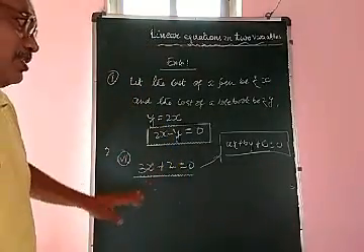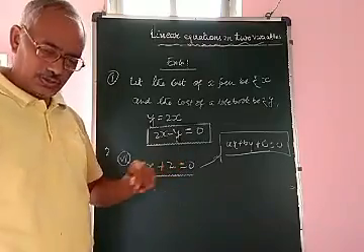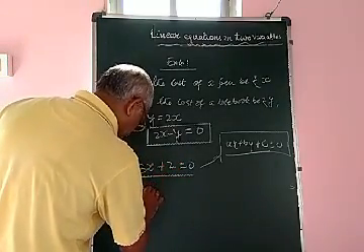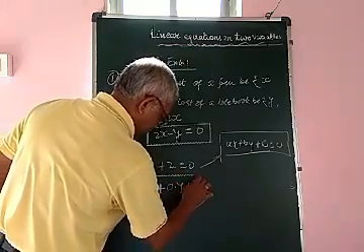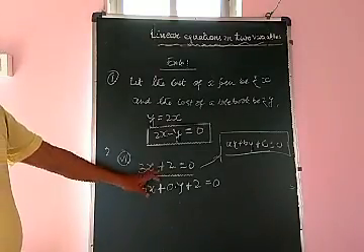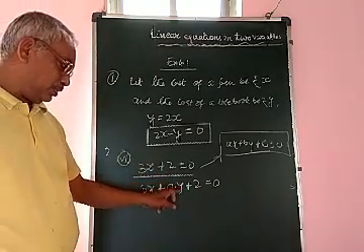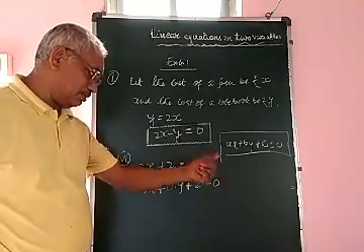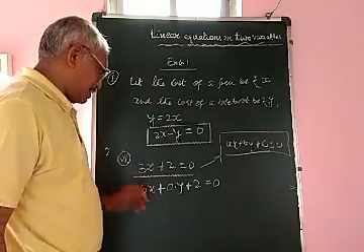ax + by + c = 0, and here 3x + 2 = 0. Here a is equal to 3, x plus b, 0 into y, plus 2 is equal to 0. 0 into y is equal to 0. So 3x + 0 is equal to 3x, and + 2 is equal to 0. But here is a contradiction. Contradiction is that